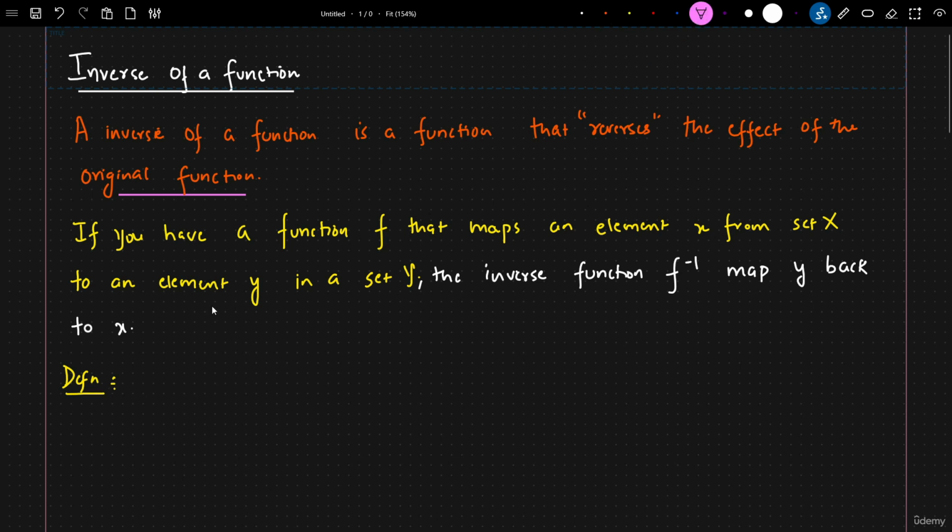So here let me go ahead and write it in some notation. Given a function f, this function f maps an element in x to an element y in set Y. So that is what is written over here. This is the mapping function. So if we have this specific function, then the inverse function